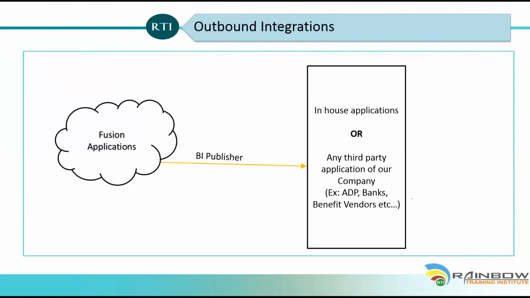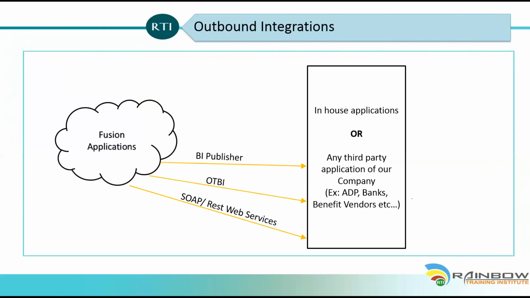any third-party applications. And we have something called OTBI, Oracle Transactional Business Intelligence, which is a child of the Oracle Business Intelligence Enterprise Edition family. I'm going to talk about OTBI in detail. It is one other way to bring the data out of Fusion applications. Another, most dynamic way is using SOAP and REST web services. For every business object, we have SOAP or REST web services, which we can use to pull the data out of the Fusion applications into our